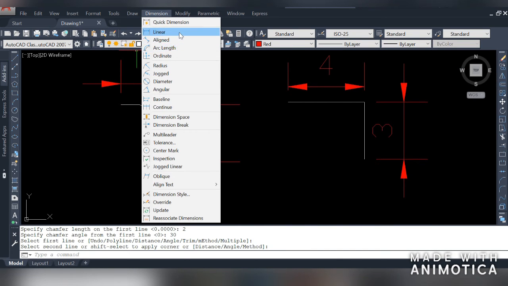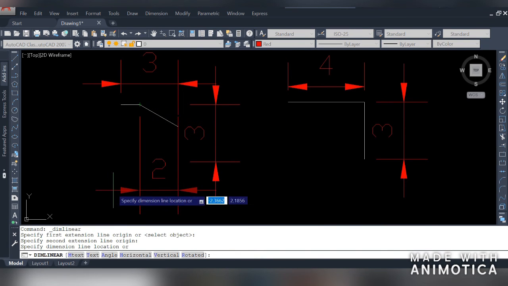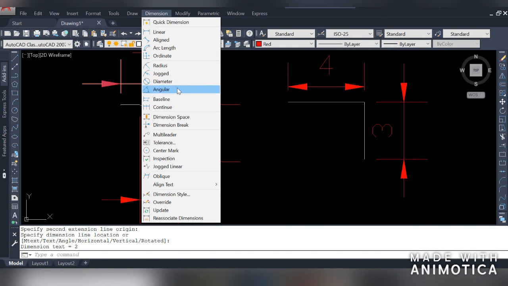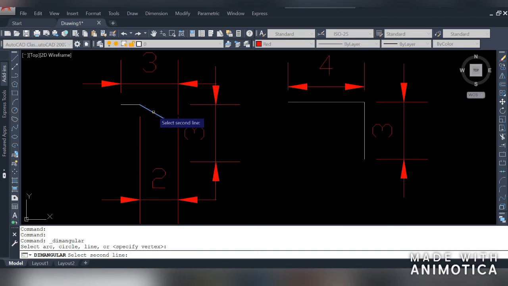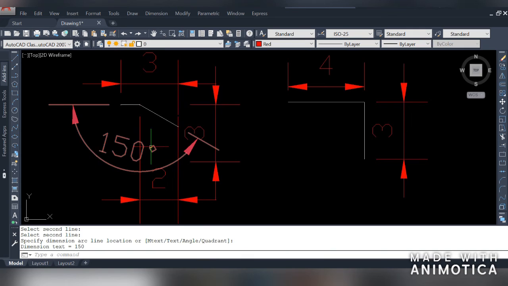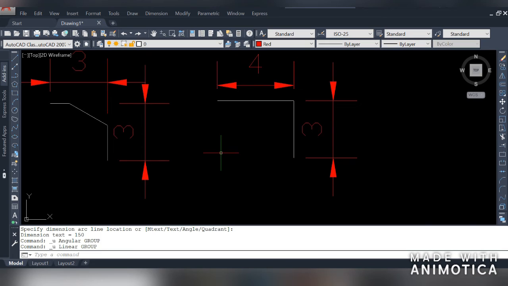Let's check the dimension. You can see this is 2 unit and the angular is 150. So this angle is 30 degree. Now let's see it again.